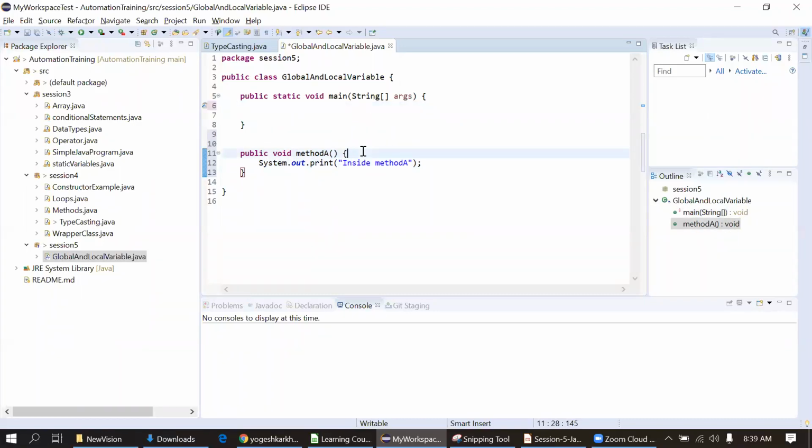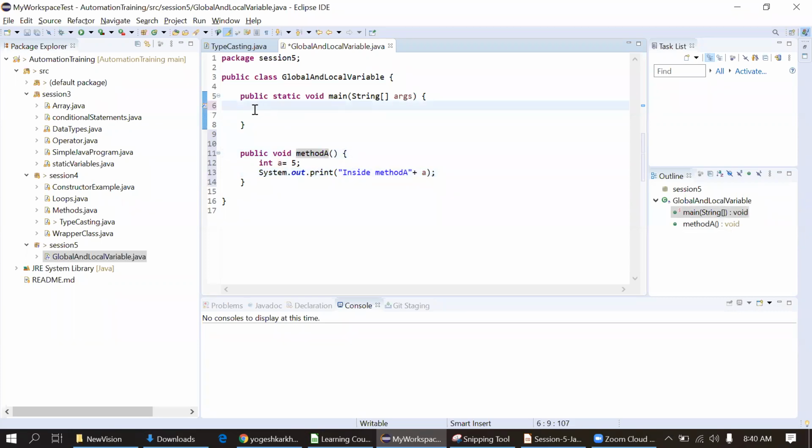Now what is a local variable? Simply one which is defined inside any method. So I will just declare integer a is equal to 5, and I will just print this variable, the integer a. It will be 5. So I will just call this method through the main method, because our execution starts with the main method only.